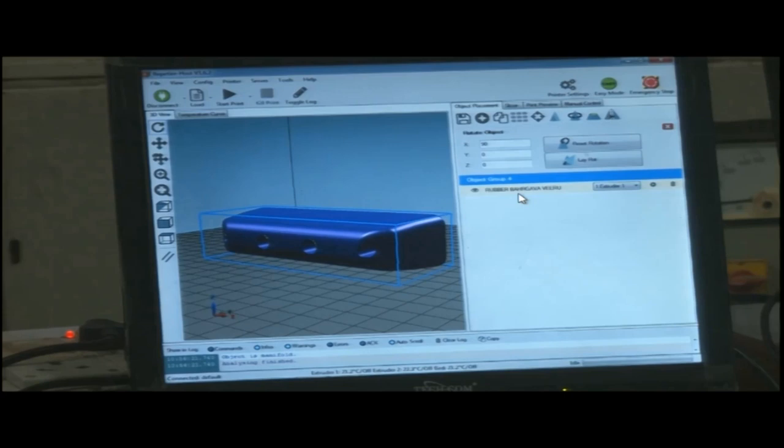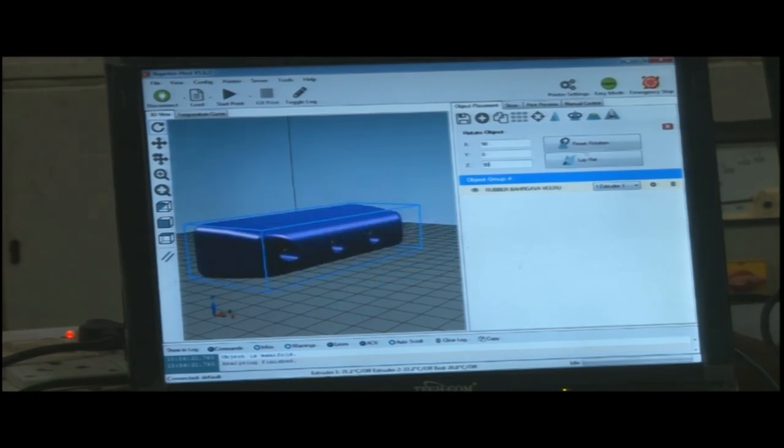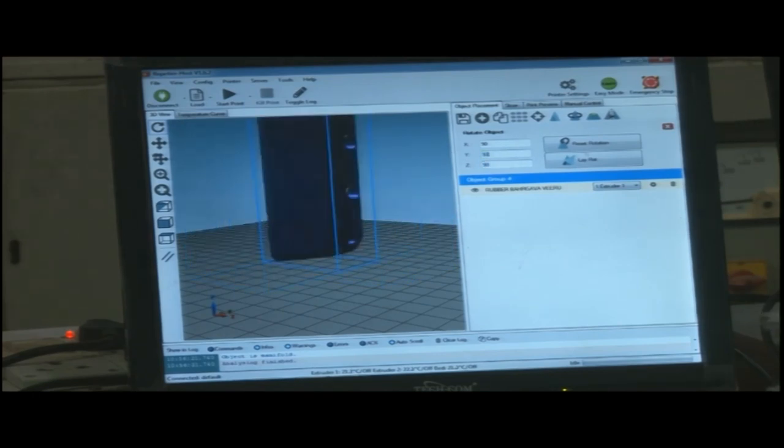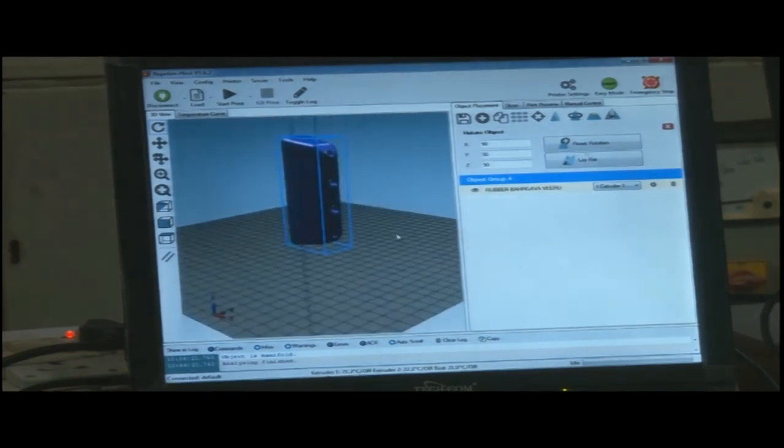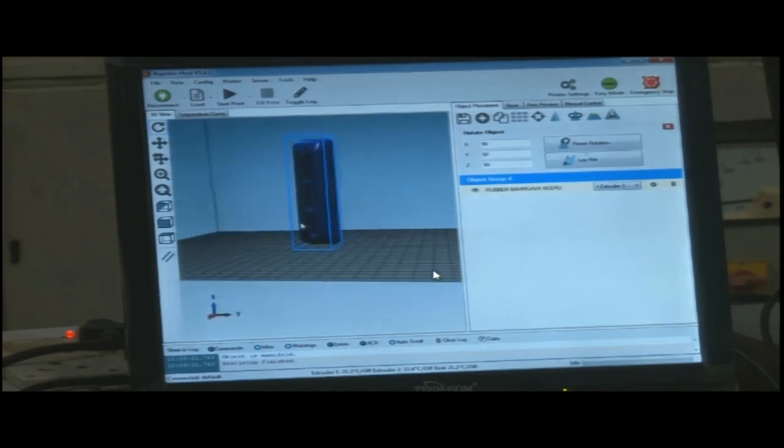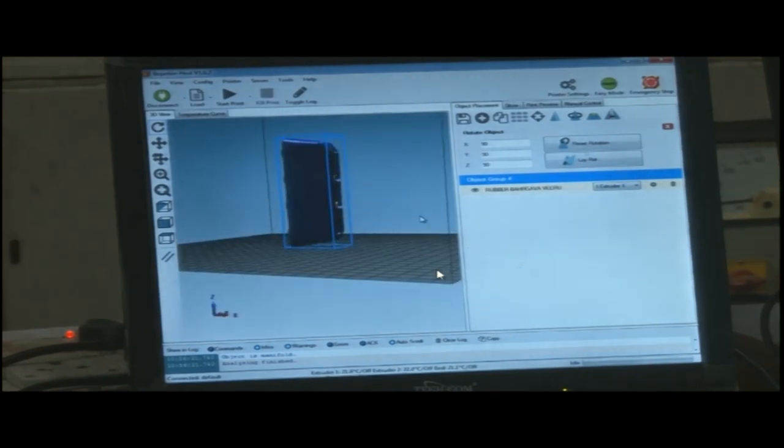So this is rotation. We can make the job in this position as well, and if we see how much material would be used, lesser material will be used. So the support material consumed can be reduced by selecting the specific alignment.